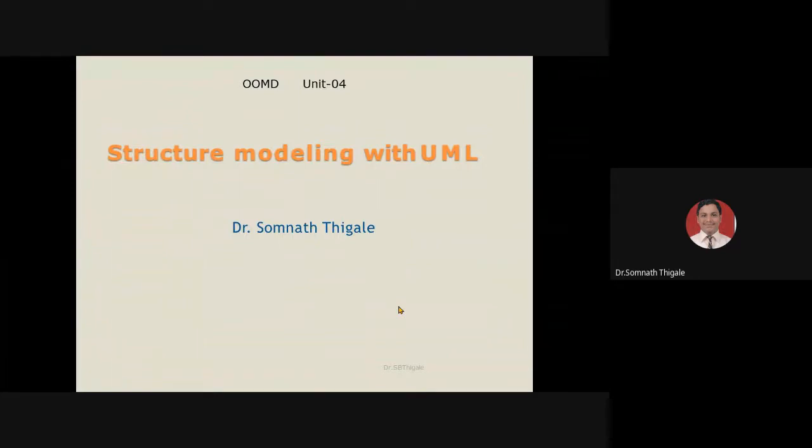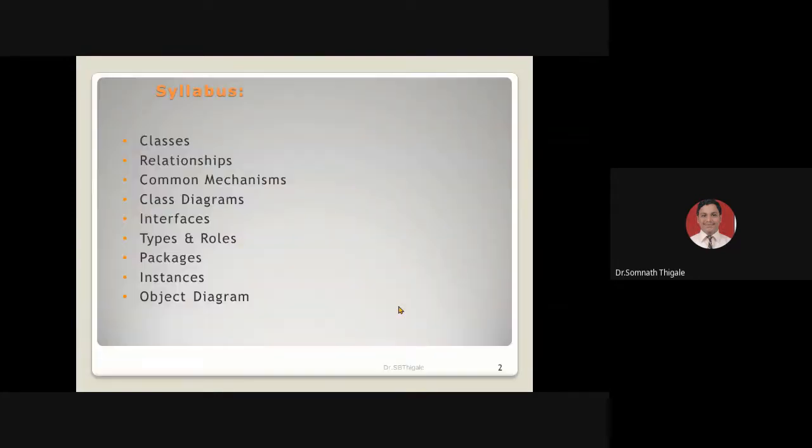So we have started with structural modeling with UML, where we have discussed the classes and different types of relationships. Starting from the unary relation, the simplest relationship called association. Then after association, we discussed the is-a-part-of relationships known as composition and aggregation. Then we discussed some common mechanisms to draw the class diagram, then how to draw the basic class diagram,